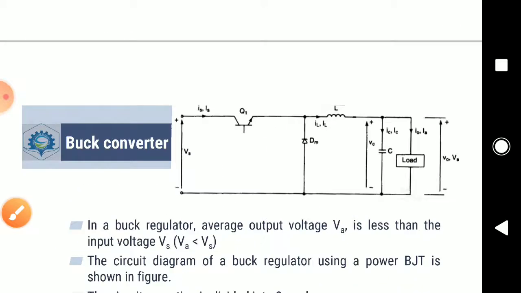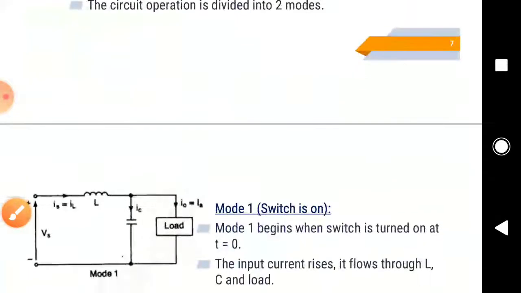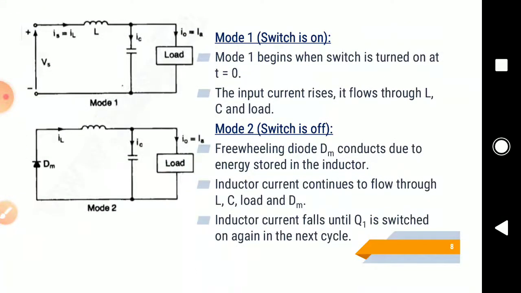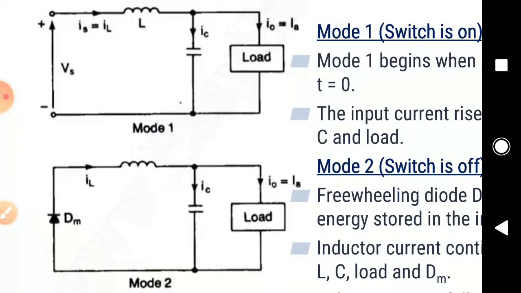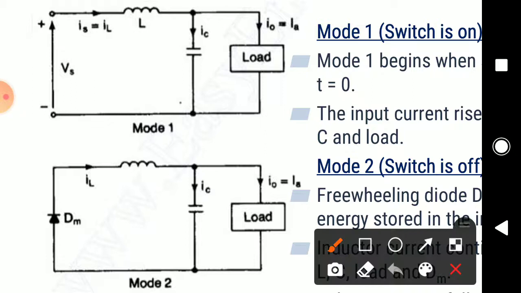We can just see the equivalent circuit of each mode and also the waveforms. Now this has already been explained. This is just showing us the equivalent circuit of mode 1 as well as mode 2. During mode 1, if you remember the operation that I had mentioned, your switch will be turned on, your inductor current will be increasing, and the capacitor current is increasing. We are going to assume that the load current is constant throughout the operation of the circuit, and it returns back to the supply. So that is the turn on case.